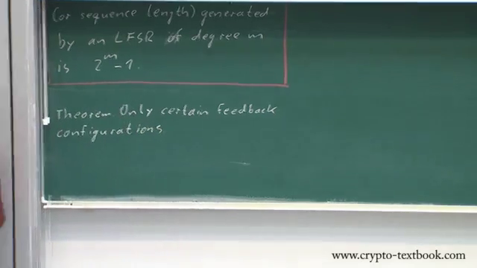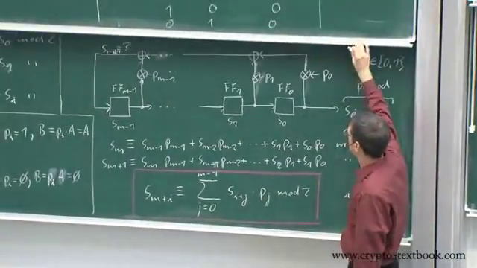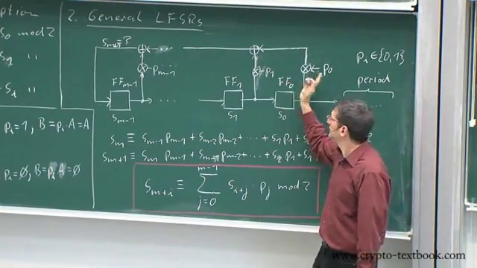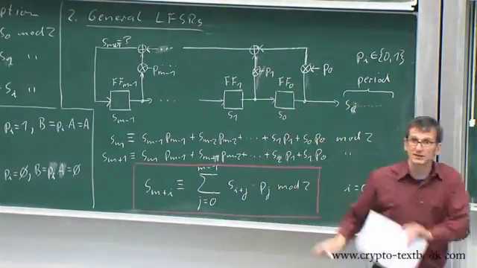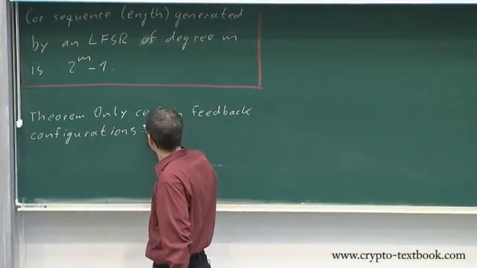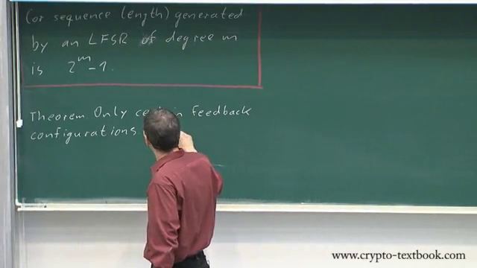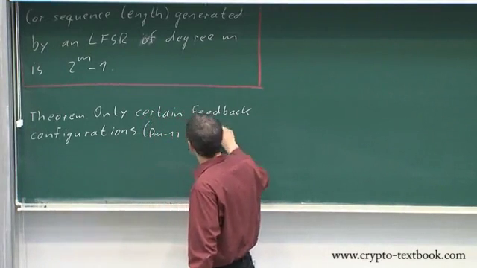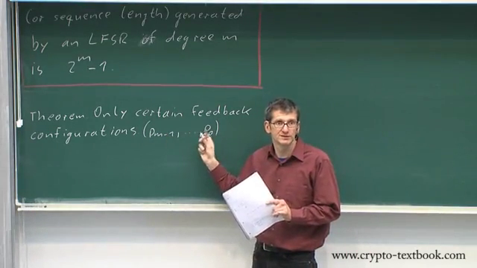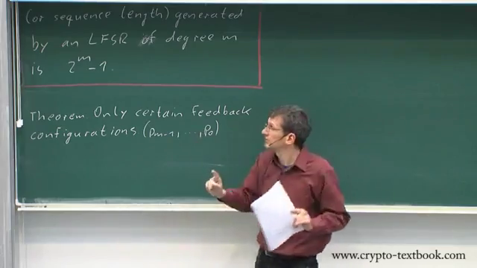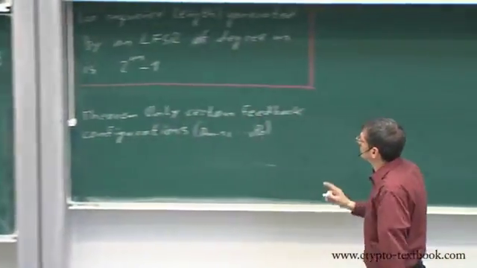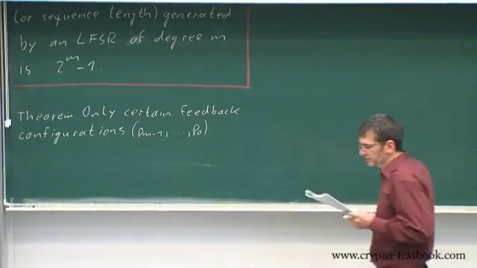What do I mean by feedback configurations? The feedback is everything that's here in the upper part of the drawing. So only a certain set of PIs, depending how the PIs are chosen, only certain feedback configurations, and the feedback configuration is the set of p-values, right? P0, P1, so this is a bit vector. Remember, this is a bit vector. So only certain configurations